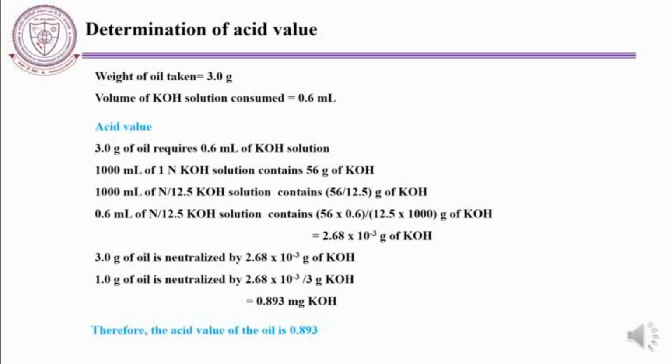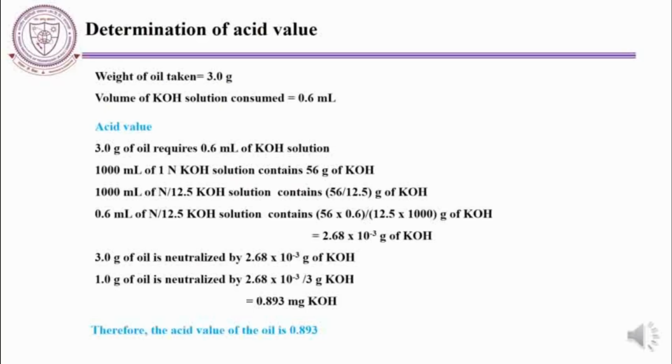If we do all these calculations, ultimately we get 2.68 × 10^-3 gram of potassium hydroxide required to neutralize the total amount of oil. Here we have taken 3 gram of vegetable oil, which is neutralized by 2.68 × 10^-3 gram of potassium hydroxide, and then 1 gram of oil, according to the definition, is neutralized by